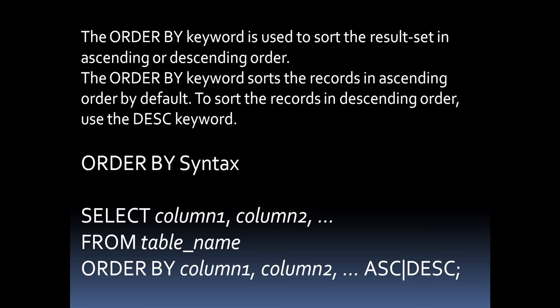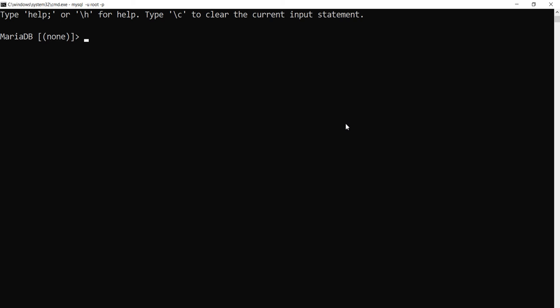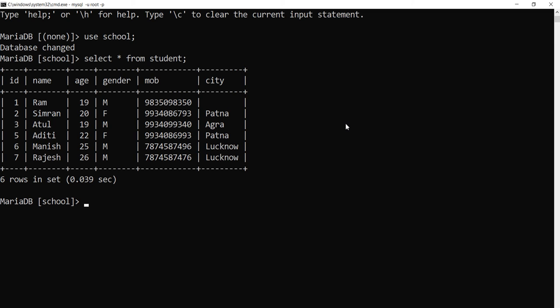Let's have a practical on MySQL software. Use school. Select asterisk from student.